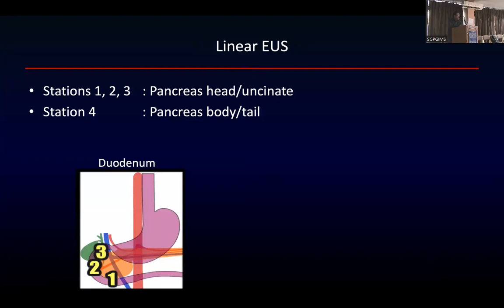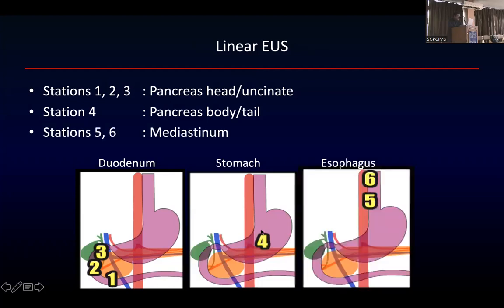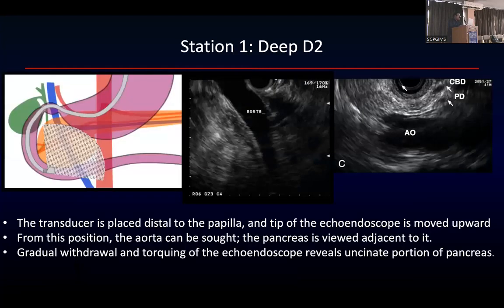Up coming to the anatomy of the stomach and the duodenum, I'll just quickly run through this. So as I was mentioning, 1 is beyond the papilla, 2 is at the level of papilla, 3 is at the level of bulb, 4 is in the stomach, and 5 and 6 are in the mediastinum. Okay, that should be clear. These are stations. अब जब आप अपना स्कोप बियॉन्ड D2 करते हैं, the structure that you need to look at